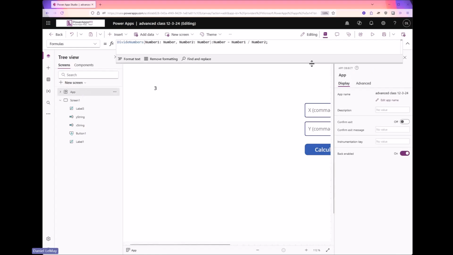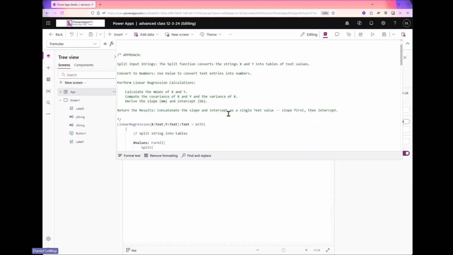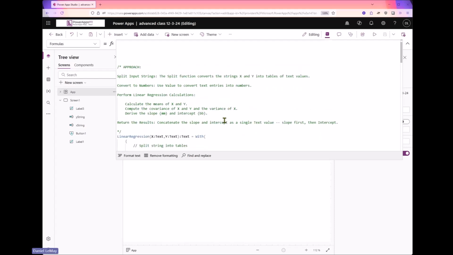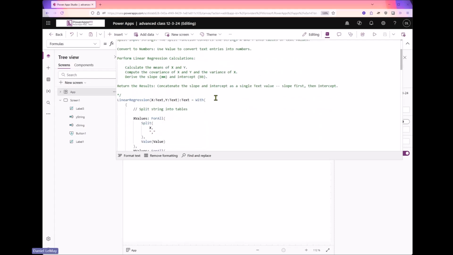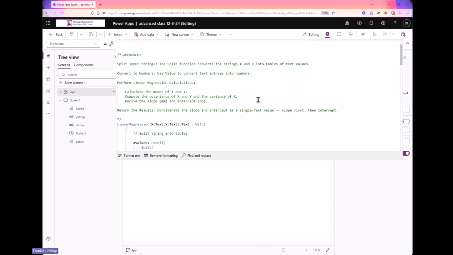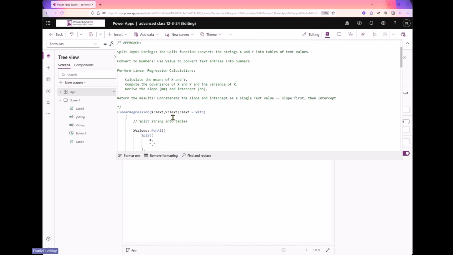So let's look at a more complicated user-defined function. Trying to follow my own best practices and recommendations here, I've got some code comments on what I did for this approach. The basic thing we're trying to solve here is the basic math for linear regression. We need to pass in a couple of known x points and a couple of known y points. Because we can't pass in a table as our inputs, remember, no tables are supported right now,